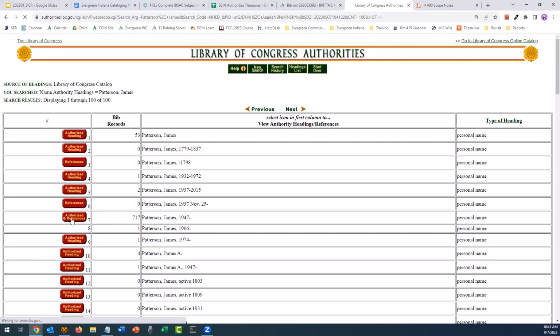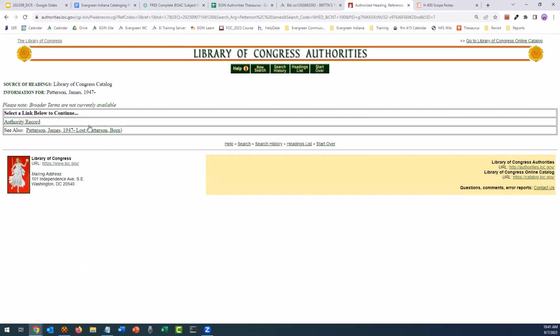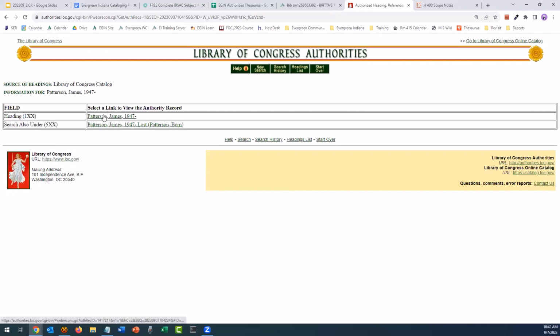And when we look at here, we have a link to the actual authority record, but we have a C also, which means that it's linking us to another established heading, which could be a pseudonym that they use, like Stephen King has, oh gosh, it's Richard Bachman. So you would see that as a C also because they are the same person. So when we click on authority record and keep going here,